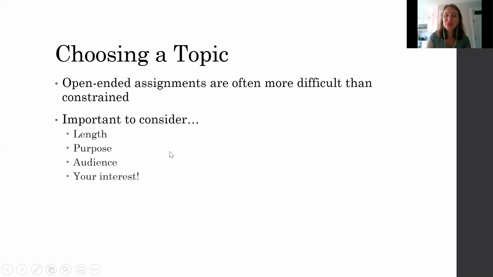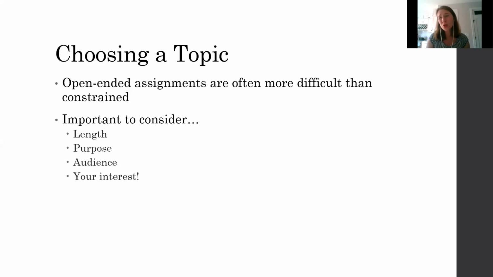Okay. And then also think about your own interest, especially if we're talking about something that's capstone length, because I can almost promise you, no matter how much you love your topic at the beginning of your capstone, you're going to hate it by November, December. So at least start with something that you somewhat like or are somewhat excited about, because your positive feelings for that topic will probably fall off as the semester goes. And even if it's not a capstone, the more interested you are in the topic, the easier it's going to be for you to talk about.